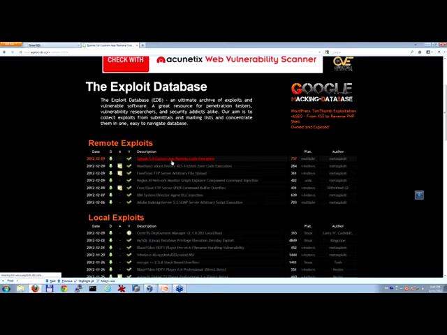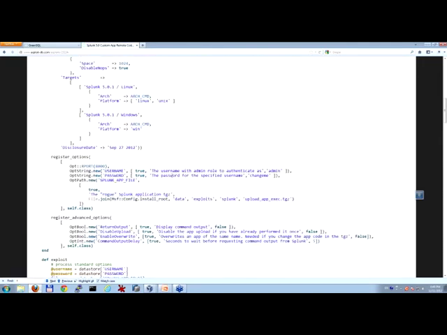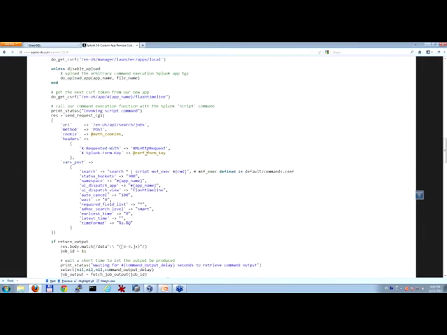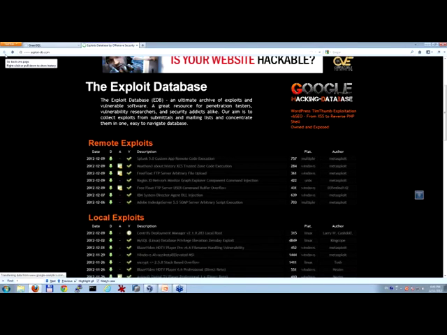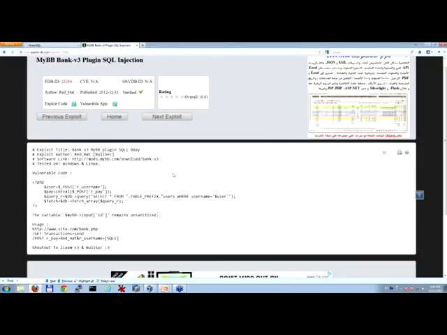If we see a remote code execution exploit, you will see code, and this code specifically talks about how exactly you'll execute this type of attack. Some of the time the code is in C, some of the time it is even in assembly, and it requires more knowledge. If we see a SQL injection attack on MyBBBank version 3, we will see that